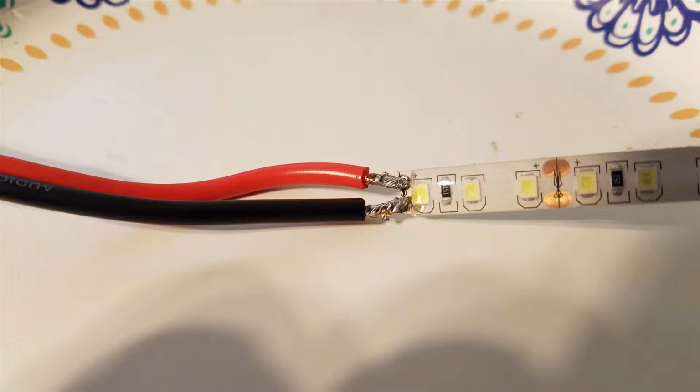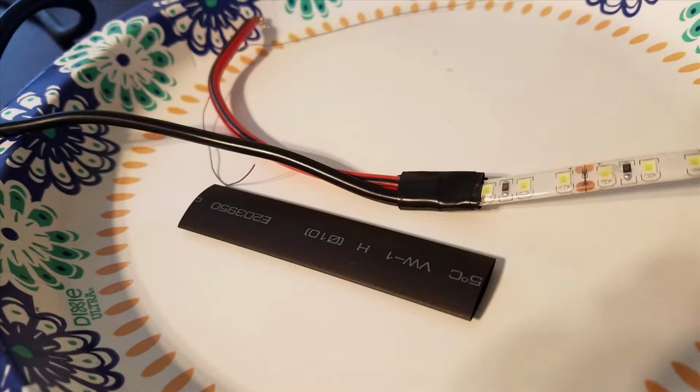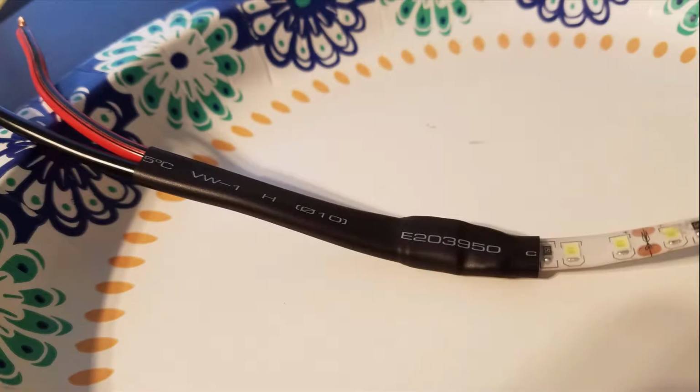and then once that's completed you're going to want to wrap those wires with some electrical tape and then use some heat shrink tubing. So here's the electrical tape there, and then in the next picture there will be a final product of how it will look once the heat shrink tubing is complete. Again, you can use a heat shrink gun to get this complete, or if you don't have a heat shrink gun you can always use a handheld lighter and melt that heat shrink tubing onto the wire